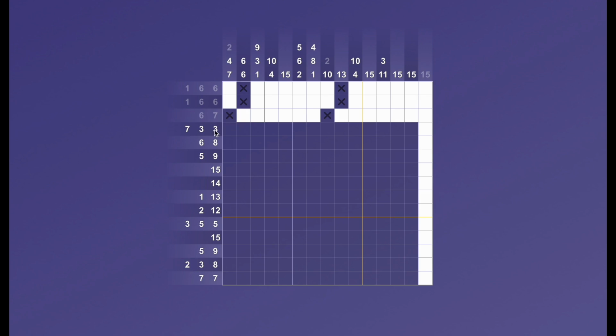This row has 3 plus 3, which is 6, plus 7, which is 13. The X here makes 14, and the X here makes 15. So I have 1, 2, 3, X. 1, 2, 3, X. 1, 2, 3,